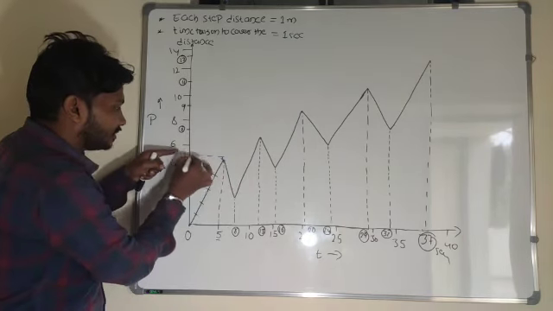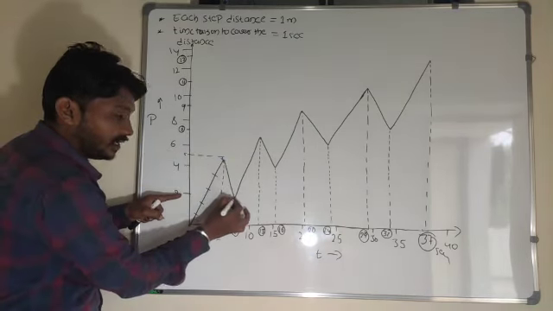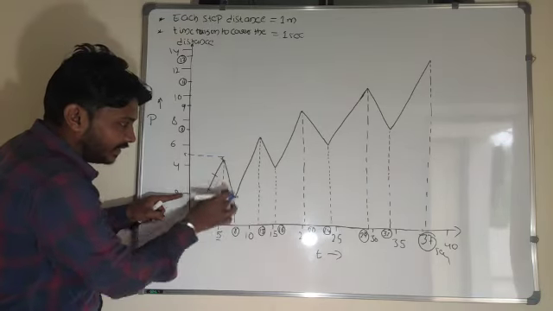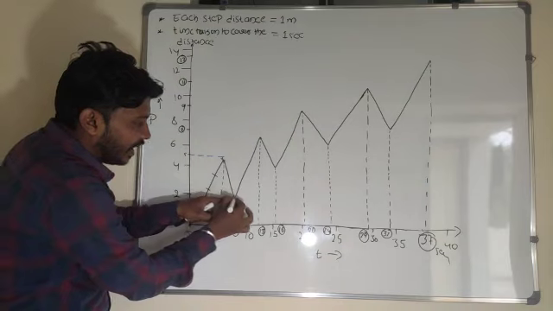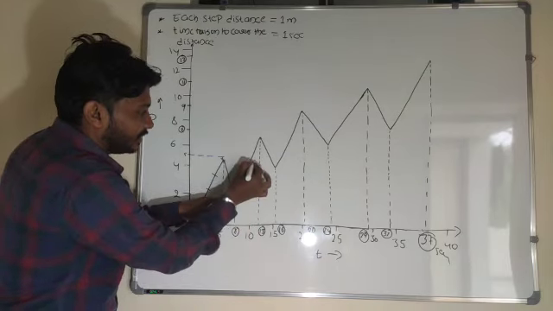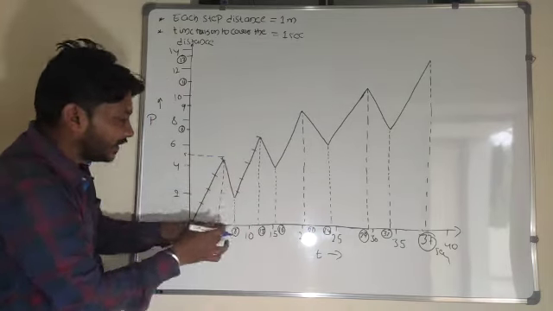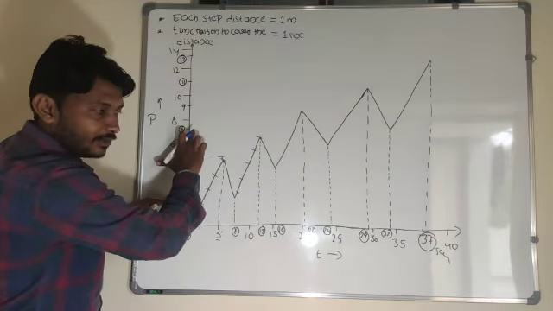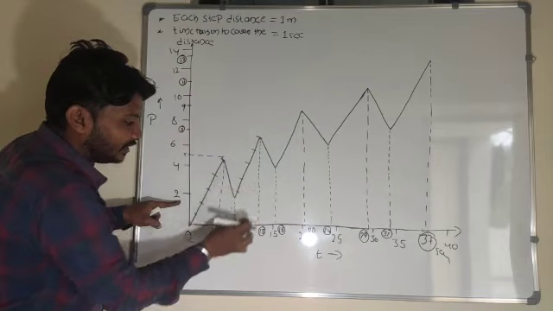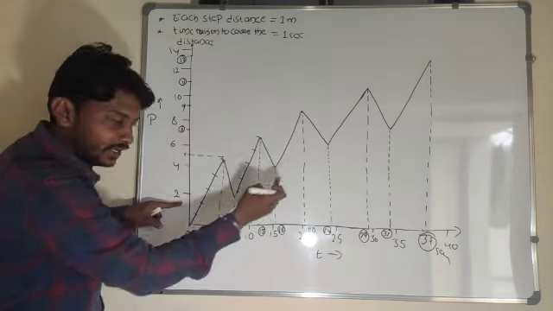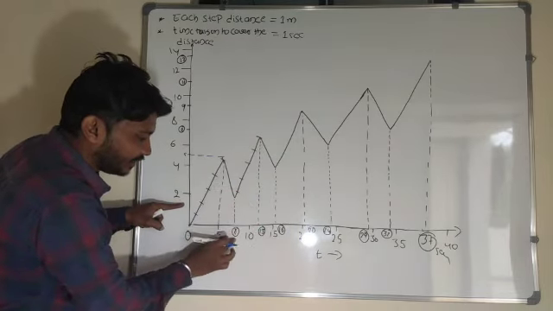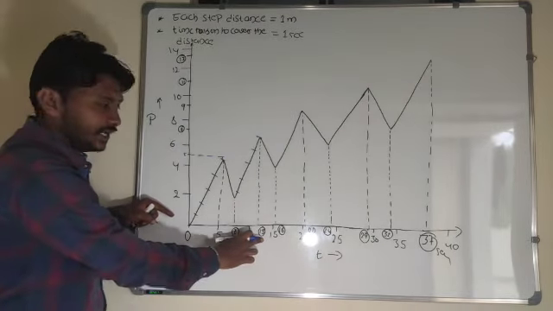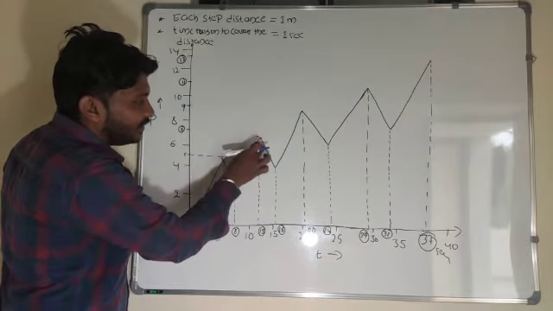3 steps backward. So 5 minus 3, 2 meter along the y-axis. Then what will be the time taken? Already 5 seconds, here 3 seconds, so 8 seconds here. After that again 5 steps here. So again 5 steps means 2 meter plus 5 meter, so that is 7 meter. Again for traveling that remaining 7 meter, already the time taken is 8 seconds. 8 plus 5, so 13 seconds here.